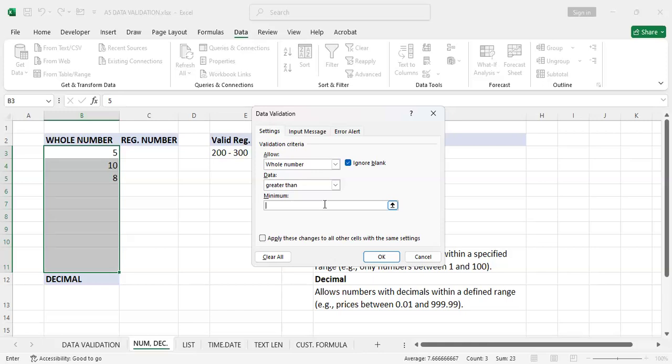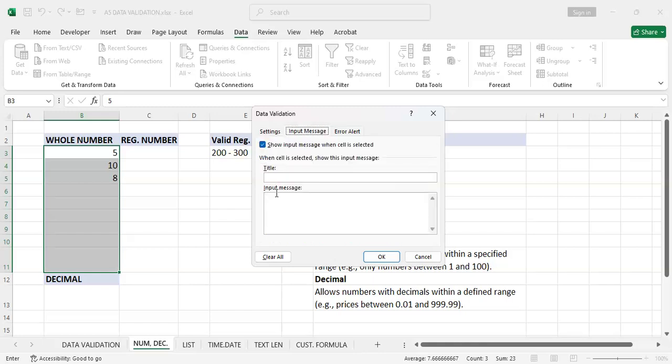What's the minimum number we want to allow here? 20. What this means is that 20 and above is allowed in this cell. But before you click OK, after setting, can you see Input Message? Yes. Now, go to Input Message, type